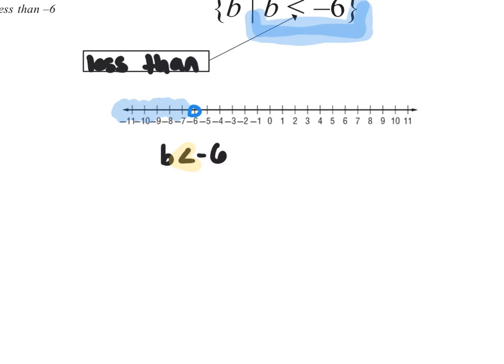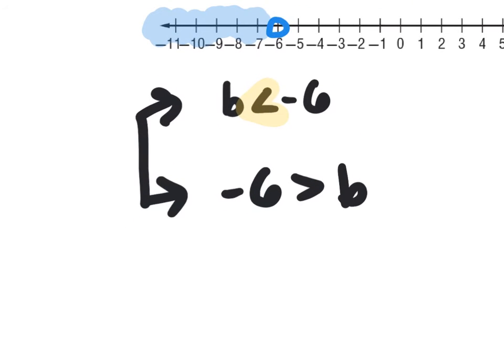That is not something that you can use, because if I use this property of symmetry, and I say that -6 is greater than b, these two things are the exact same. Notice that b, in this case, is less than -6. If I flip it around and say -6 is greater than b, this is the exact same answer, but now notice that your arrow, if you think of it like that, is pointing to the right,